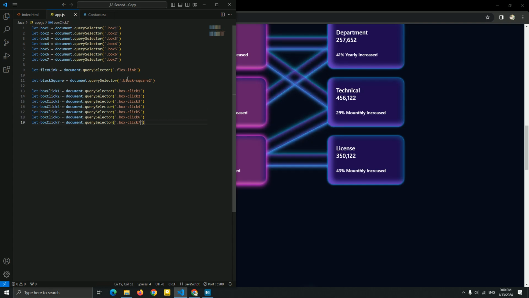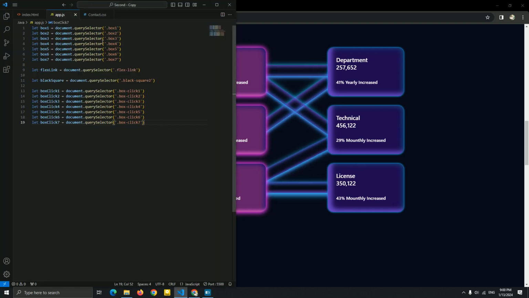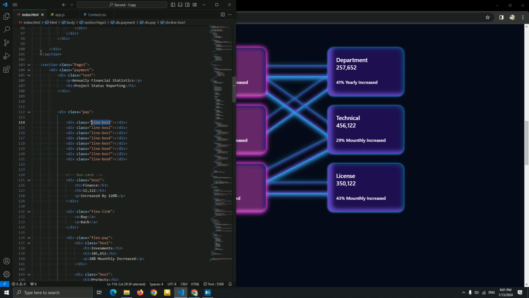The last thing I want to call in JavaScript is this line that you just created. I want to hide it when the user clicks on this box. So let me copy this, paste it very fast. Line box 1. Okay, very good. Now before creating a function, let me add onClick inside this HTML.